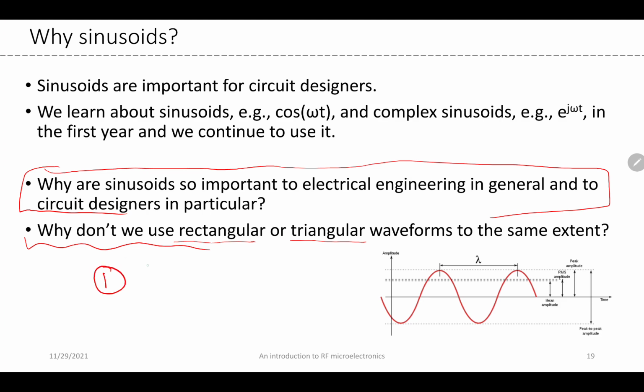One is that sinusoids can create all other waveforms, because they form a complete basis. You can call them the building blocks of all other waveforms. You can create any waveform using sinusoids if you join them properly. That's what we do during Fourier transforms, right? And the second reason is that